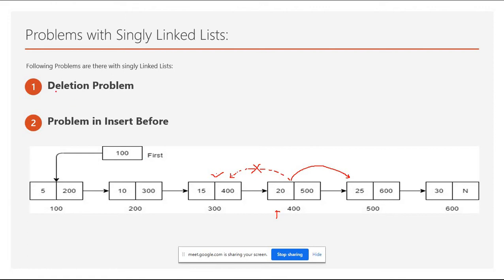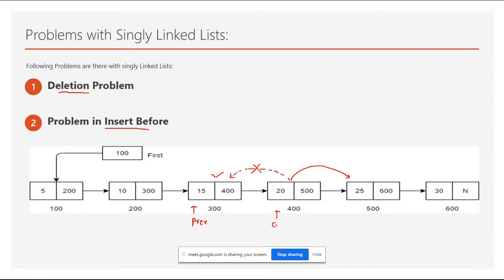So certain problems occur in the delete functionality and the insert before functionality. Due to that reason we took an additional pointer variable called the previous pointer, which follows our current pointer.